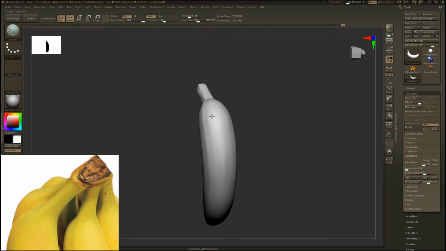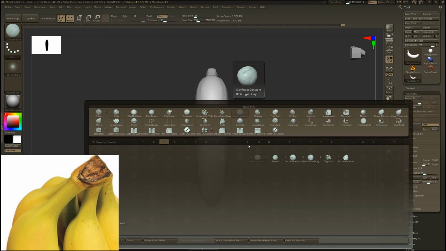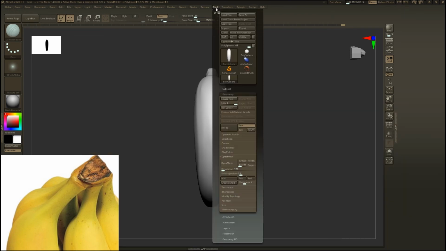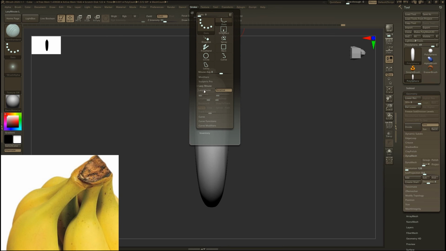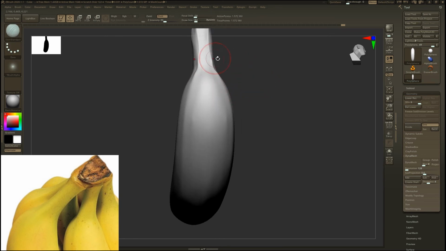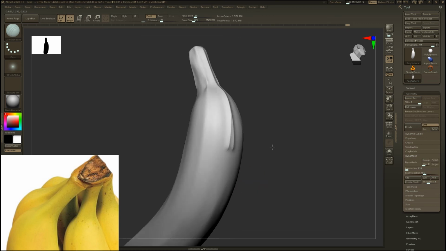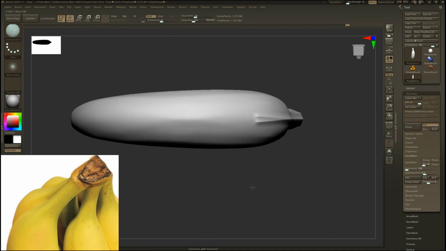Making some adjustments here and there. I just want to make hard edges in the middle, so turn on Lazy Mouse and use Dam Standard to make it. You see there is some problem making these in this view.